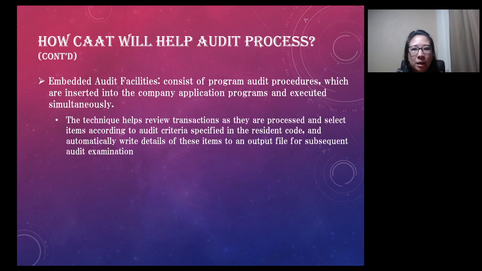But in the embedded audit facilities, we will insert a program. So we will insert an application program. It's like a procedure to check, so we have an algorithm that we insert into our current software, and then